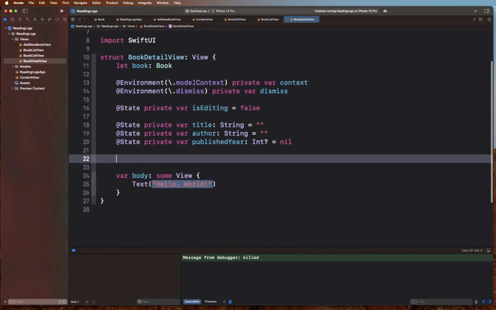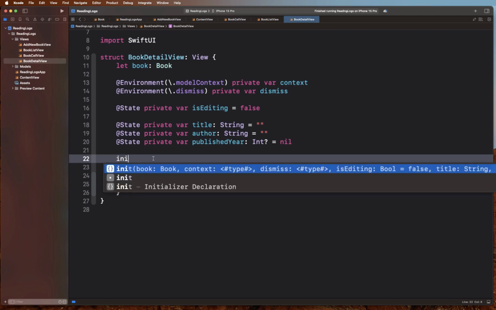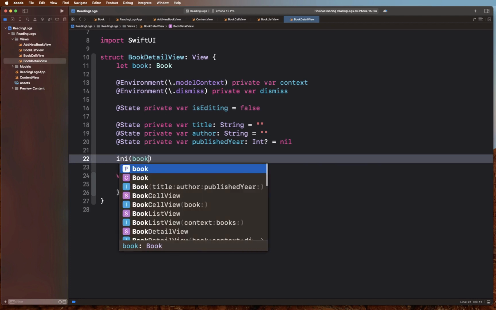Let's create an initializer which is going to help us initialize these state properties from the value that has been passed in using book. Okay, so we're going to simply create an initializer. This is going to take a book